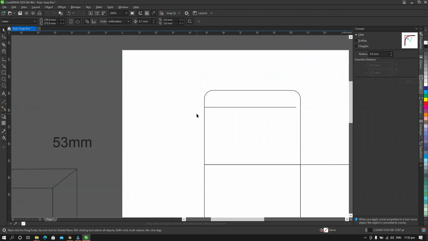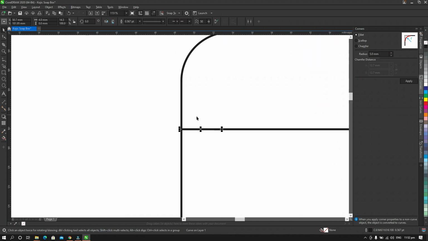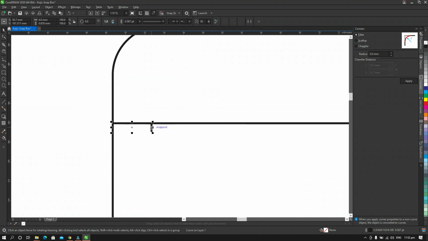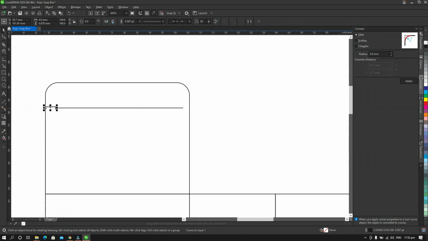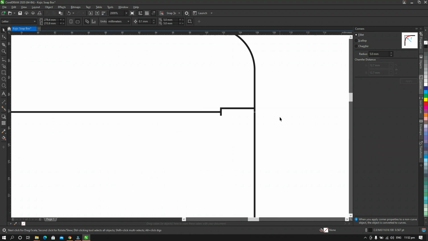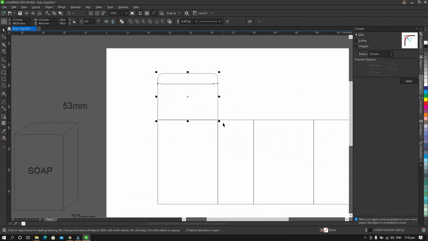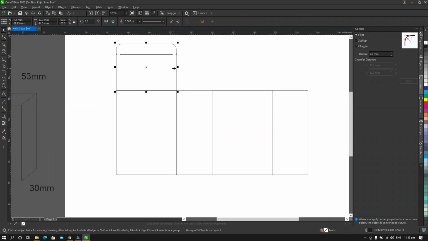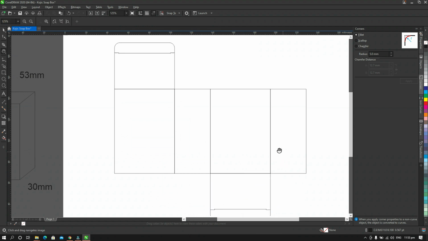Okay, okay, and then just copy this, drag it at the bottom on this part. Okay,